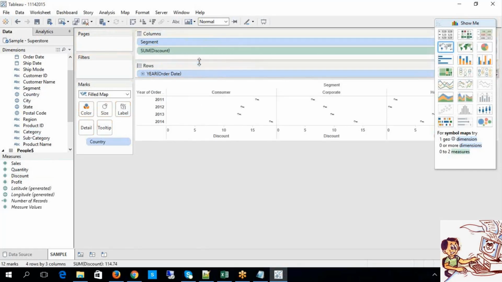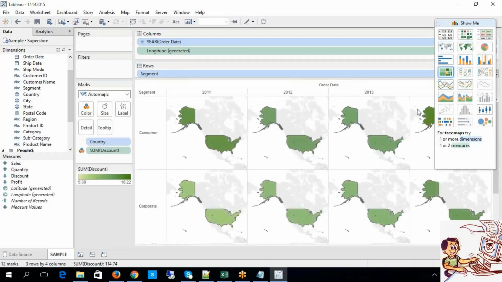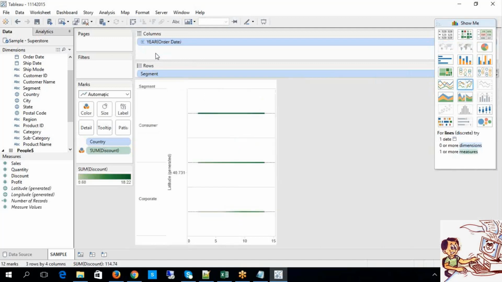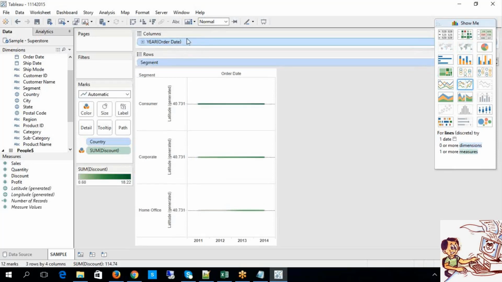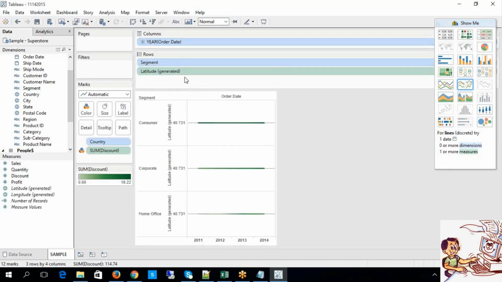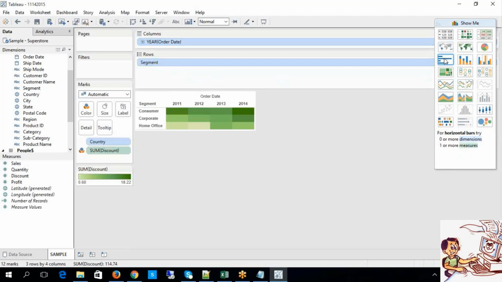Now what happened here? Of course, here it is a longitude, that is the reason. Let me remove this longitude. So what happened? Look at this. Why is this graph disabled? Because at the sheet level, I mean in the column as well as in the row level, you don't have anything like a geographic dimension.